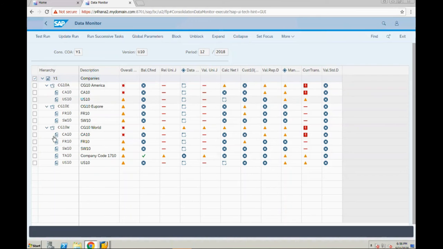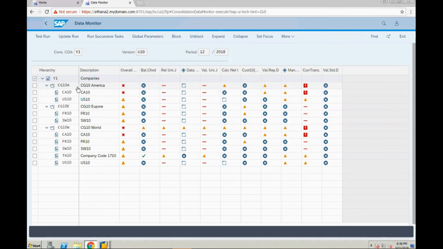You see the structure of my consolidation. These are my consolidation units: Canada, France, Switzerland, US. So I have these many company codes, or consolidation units I'm calling, and I have three groups: World Group, Europe Group, America Group.